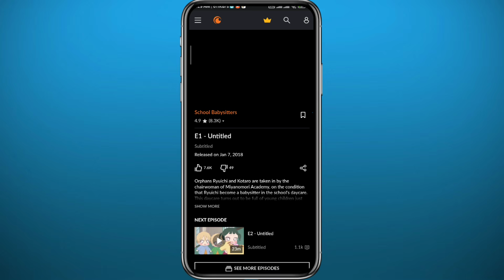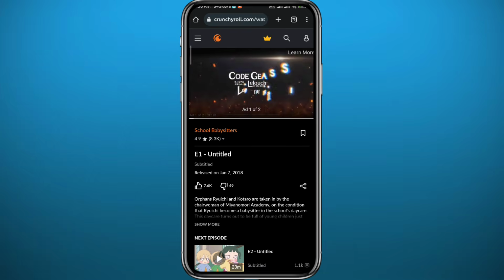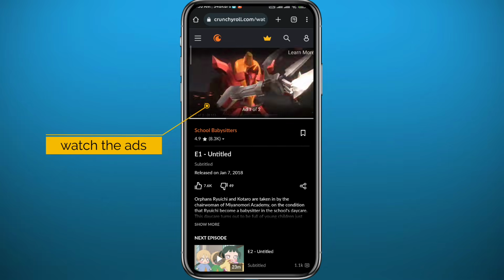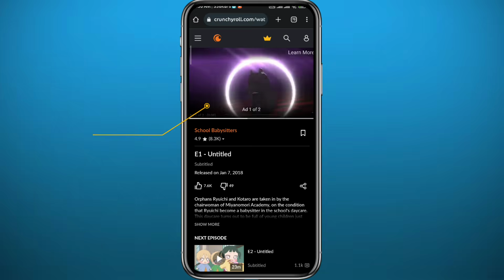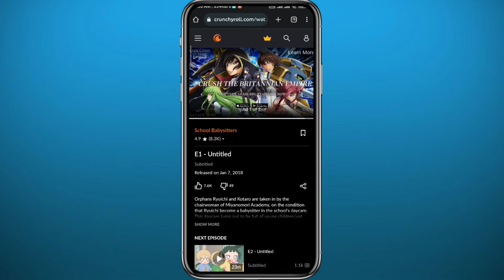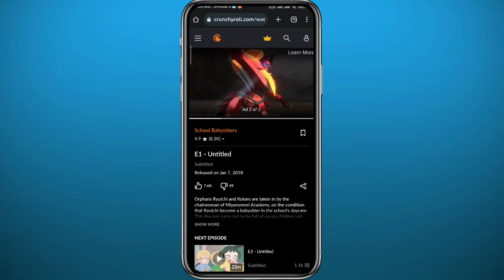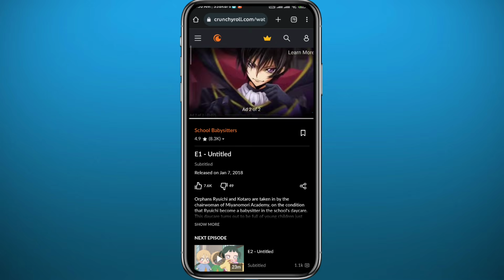anyone from here, just tap on it and wait for the ads to be completed. Basically, you need to wait for the ads to load up first and then wait for them to be completed. Might give you one ad, sometimes two, depends on your luck. That is basically how they allow you to watch it for free. They make money from the ads and you get to watch it for free, which is a win-win if you